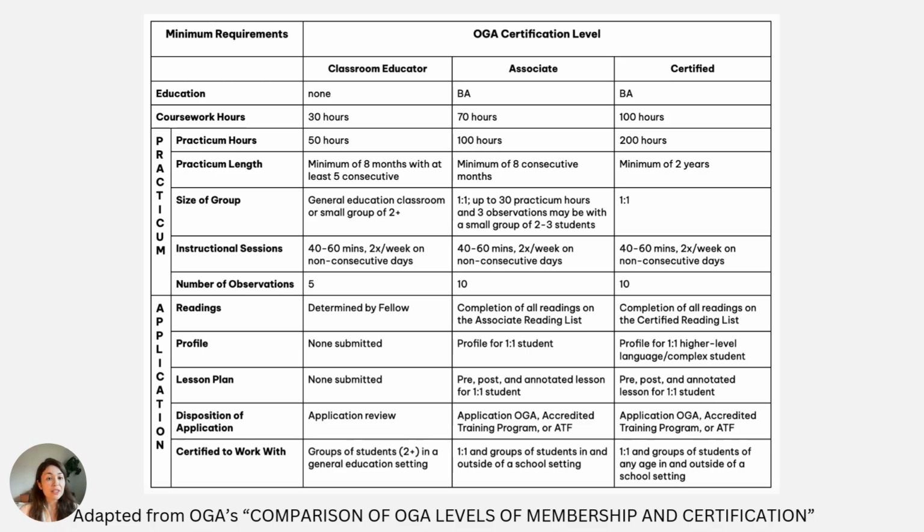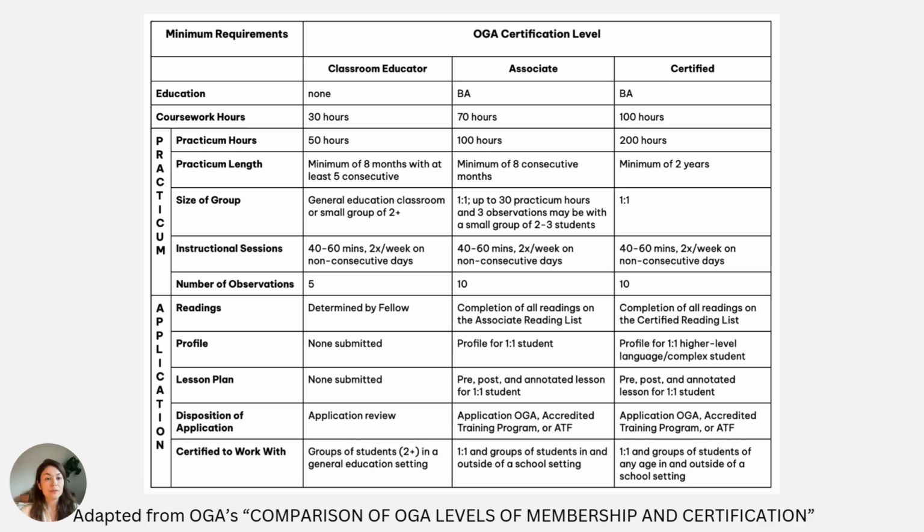The requirements in terms of additional education that you need, there really aren't education requirements at this level. In terms of coursework, it's 30 hours of coursework with a minimum of 50-hour practicum, or really it's 50 lessons. It doesn't necessarily have to be 50 hours if your lessons aren't a full hour. The length of the practicum, it's a minimum of 8 months, meaning